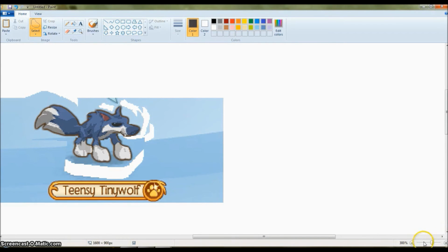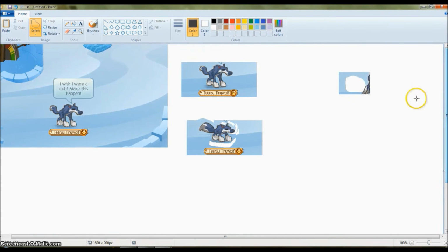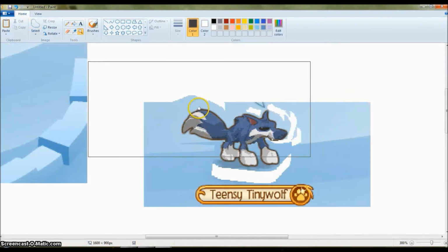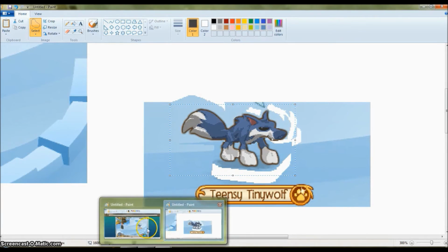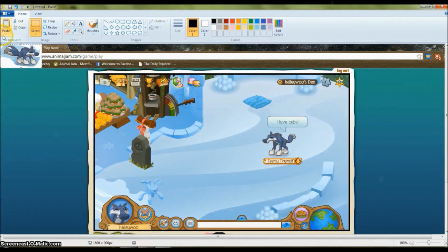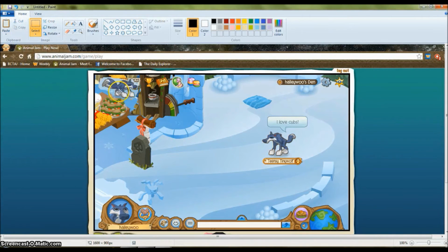So let's see here, what do I gotta do now? So I think at this point I can put the cub back into the original picture, but the problem is that when you stub a cub's legs or snout or whatever, the background around it gets sort of moved, so it might not fit the same way as it did when it was an adult version, if that makes sense. But this is why I chose a simple background, which is great with the ice fort, or how would you say, newer lands. Oh, let me transparent this here. But anyways, for newer lands,